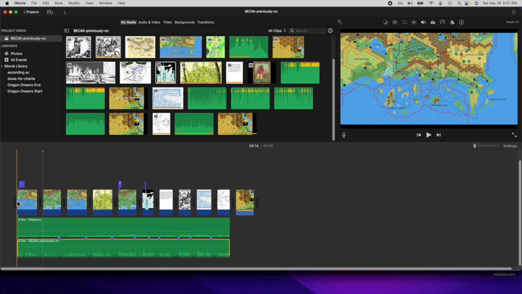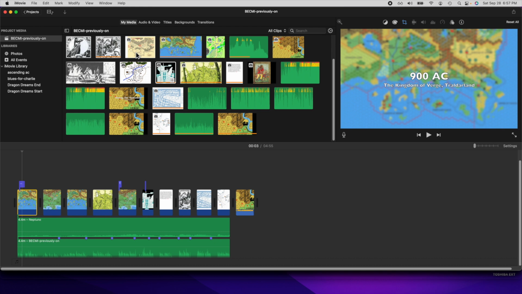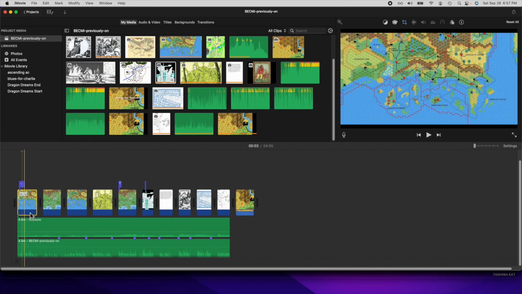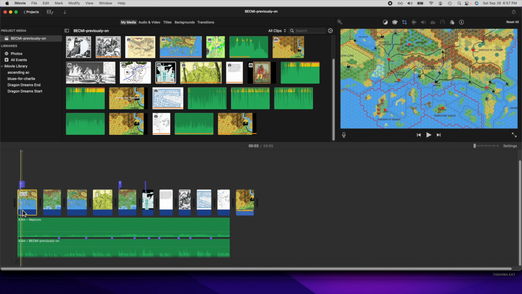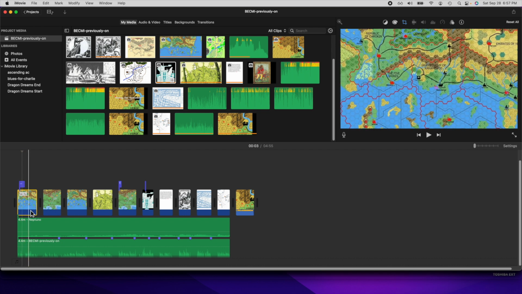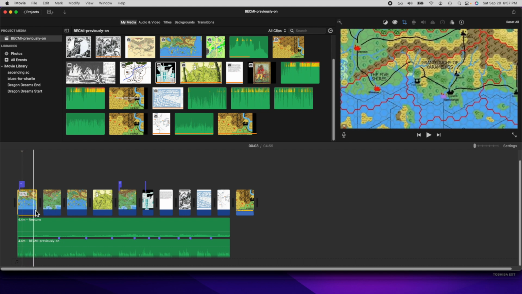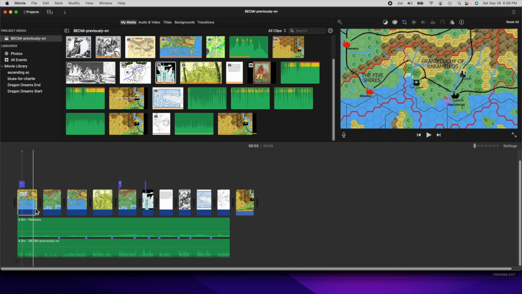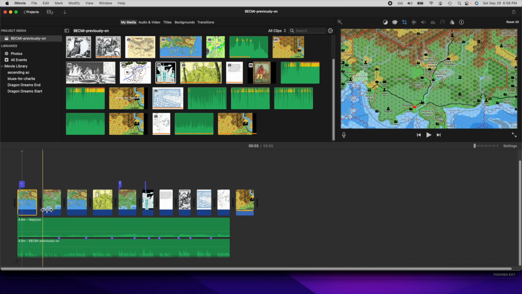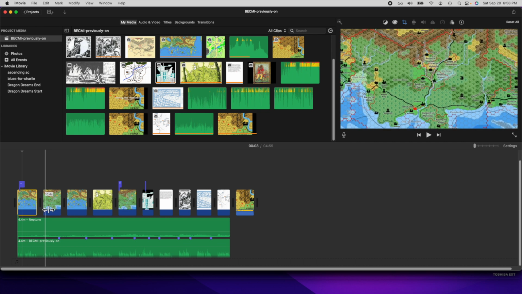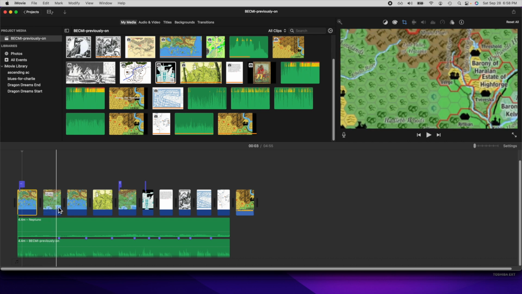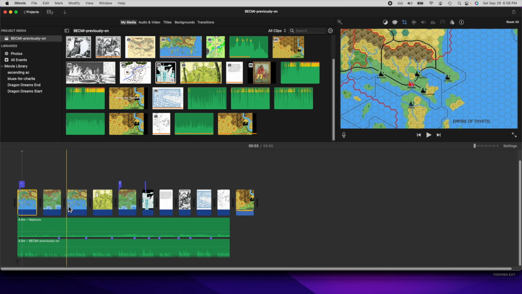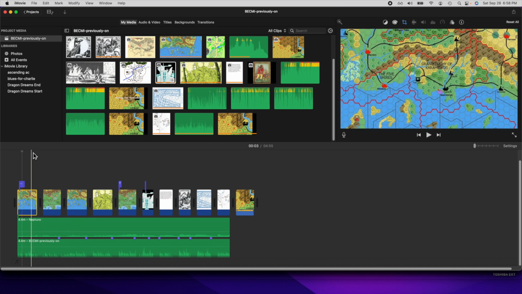And then what I can do is put down the graphics that go in the certain time signatures. So in this first segment, I'm probably talking about something about the world, so I put the world map up, and I'm zooming in on the place where it's taking place. Then this one is inside the Grand Duchy of Keramikis, and I'm zooming in on the section that it's in, and so forth. I'm going to talk about how I do those zooms in a second,